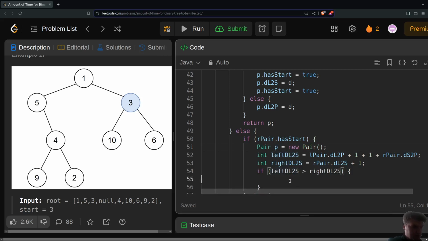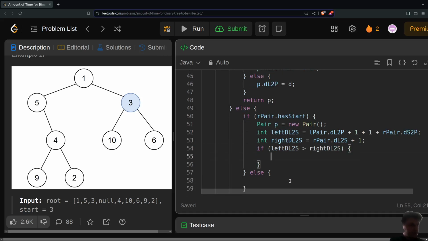In that case, I'll do the following: I'll save pair dot distance leaf to start equal to left, and then pair